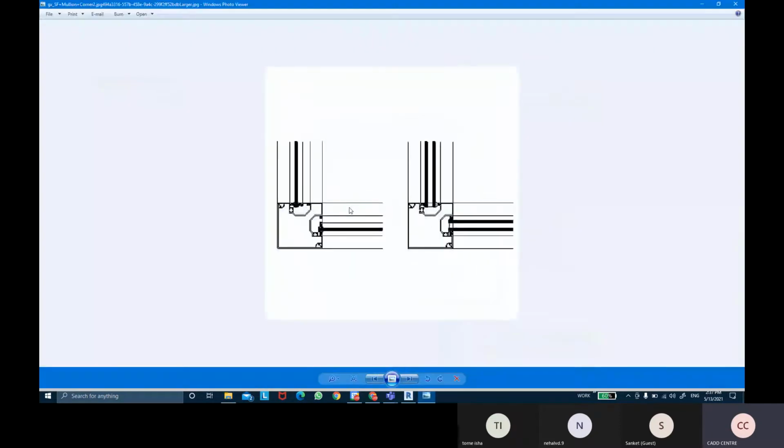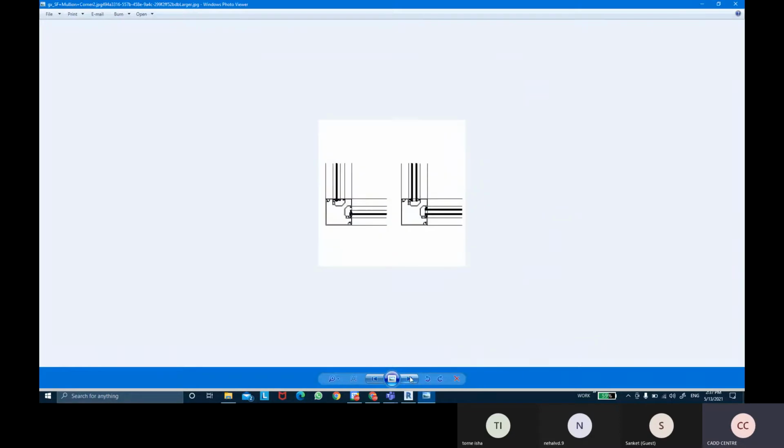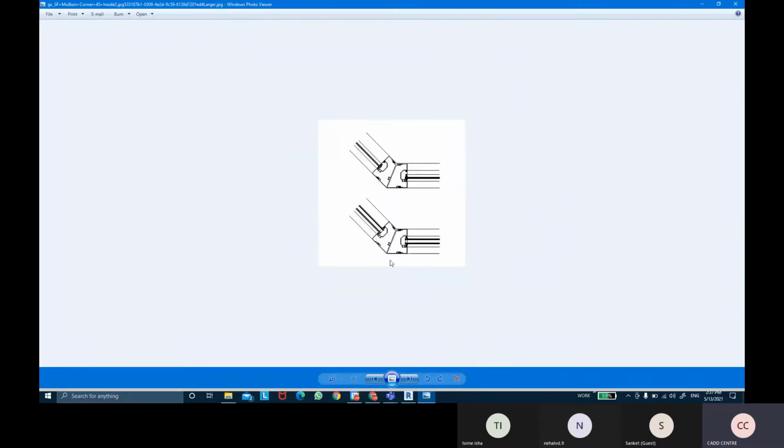These are the corner mullions, which can be used at the corner ends, and you can even use trapezoid or V mullions in the corners. Sometimes your wall is crossing ends basically.